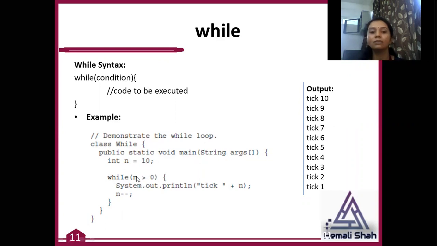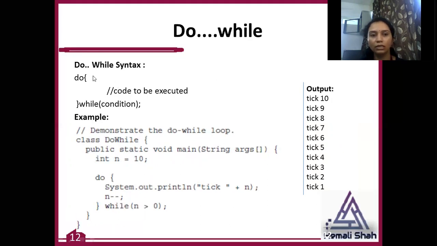If this condition becomes true, it always executes the body part of the while loop, and it checks the condition again until the condition becomes false. It executes the body part, and I am decrementing the n value by 1 in the body part of this loop. So when the next iteration comes, it always checks the condition, and whenever it becomes false, it terminates execution of this while loop. So you will get such an output whenever you execute this program.